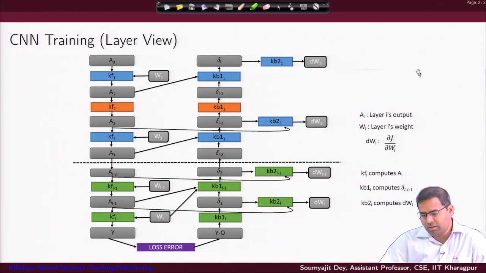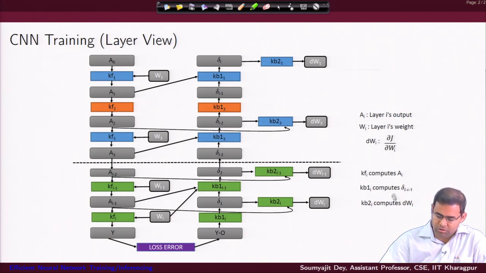The reason is we are considering L number of layers, and the error terms are computed backward, right. So, the last one would be for I equal to L here. That would give you delta 1, that is the error term for the last layer. So that is why every kernel in some ith layer KB1I computes delta L minus I minus 1 as per our indexing for this picture, right.